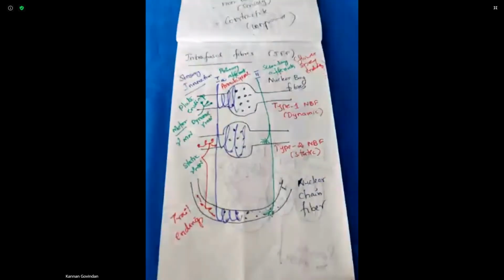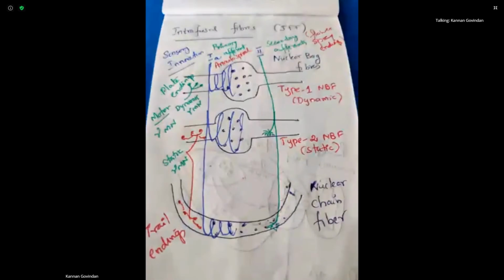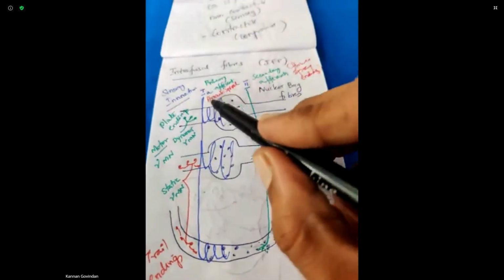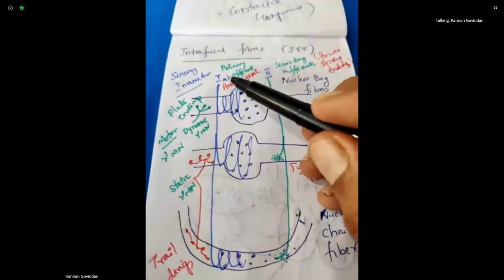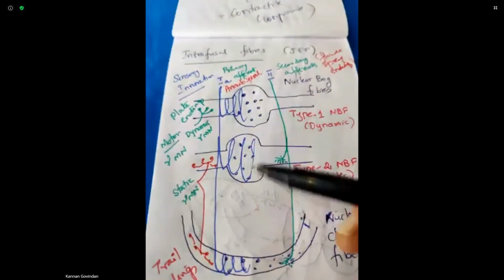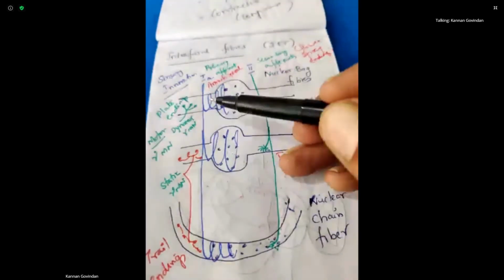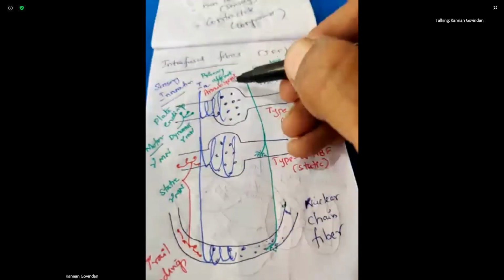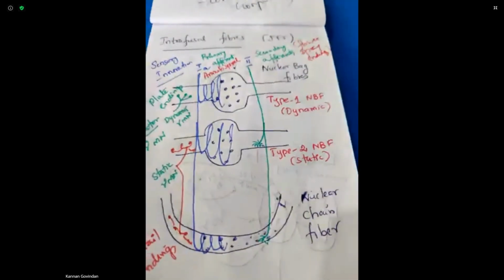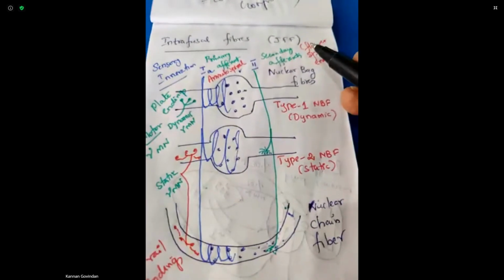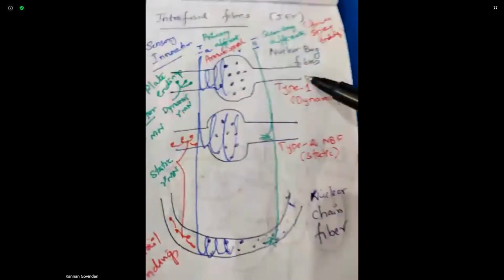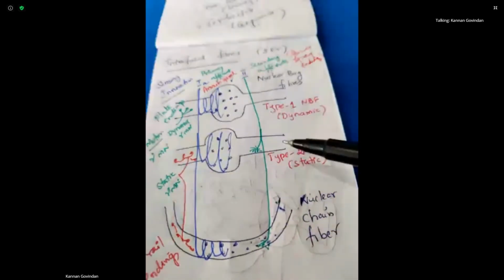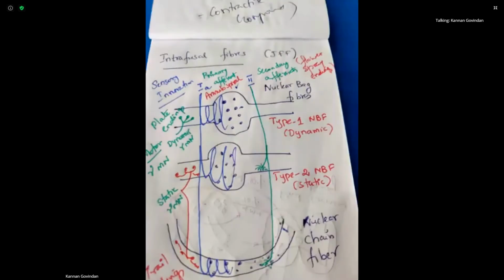So we have four types of endings in the muscle spindle. Coming to sensory, we have two endings. Sensory is mainly via 1A and type 2. 1A fibers supply both the nuclear bag fibers and chain fibers. Before ending, they coil and form a spiral around the fibers, so they are called annulospiral endings. We have type 2 or secondary afferents. They will not innervate the type 1 nuclear bag fiber. They innervate only the type 2 or static bag fiber and chain fibers. They end like sprays, so flower spray endings.